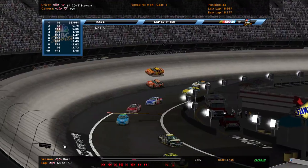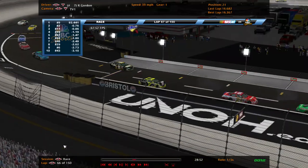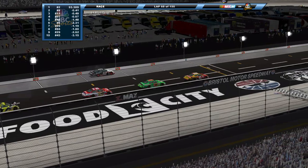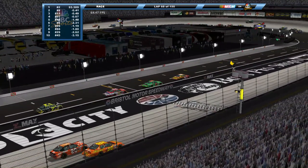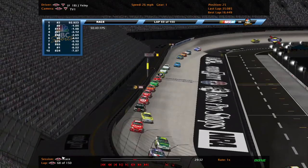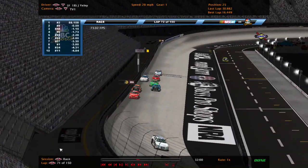Oh, I think I know what that is, because I have collisions on pit road turned off. And considering how it wraps around the entire track here, I guess if you're down that low, it could be considered on pit road. That might be the issue. So I'm going to have to cut that off anytime we come to Bristol. Noted. But yeah, big crash takes out another